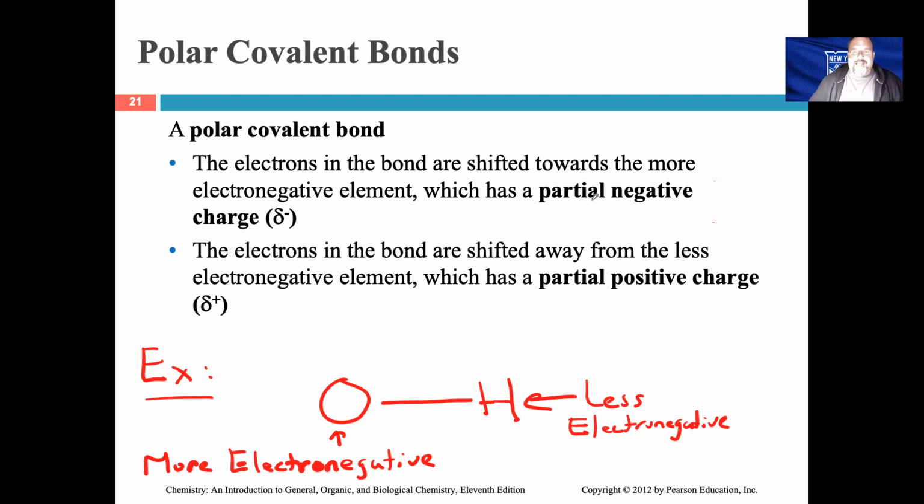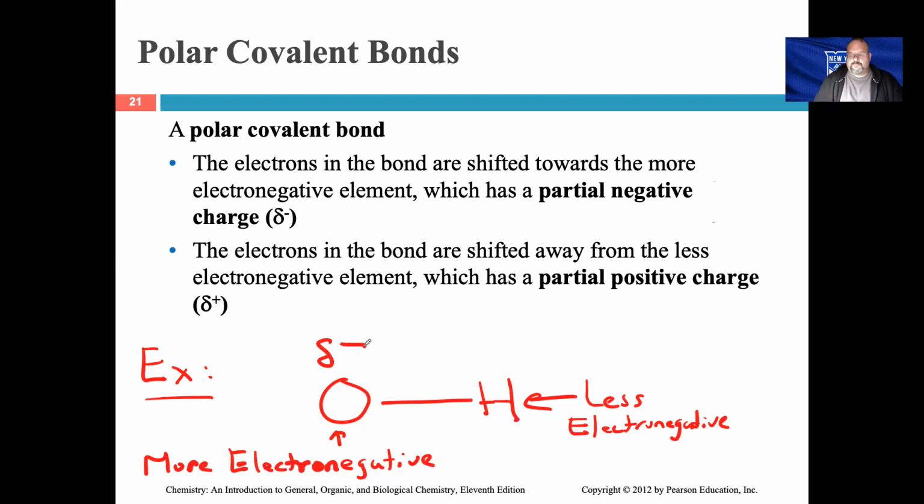We term that a partial negative charge, given by the symbol delta minus. Why only partial? Because the electrons are not gained. That would give us an ion with a -1 or -2 or -3 charge. But the electrons here are shifted towards, and that's why the charge is partial. So in our example of O–H, with oxygen being the more electronegative element, the oxygen would have a partial negative